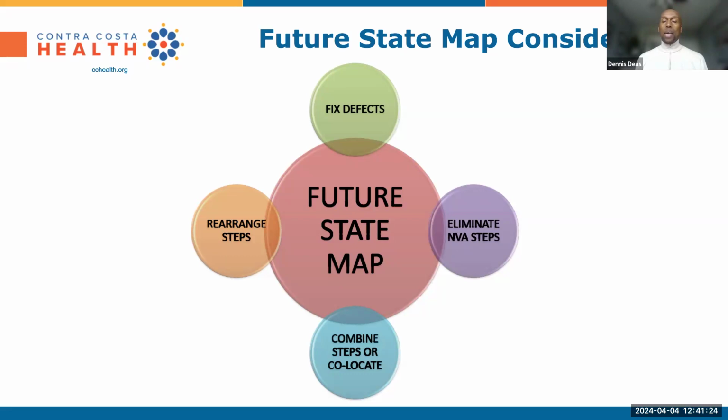And do we have any non-value added steps in here? What do you think? Or can we rearrange any of these steps or combine or consolidate any? What do you think? I personally don't think that you can. Okay. So based on that, you think it works pretty well. Yes. And then, I guess my next question would be,